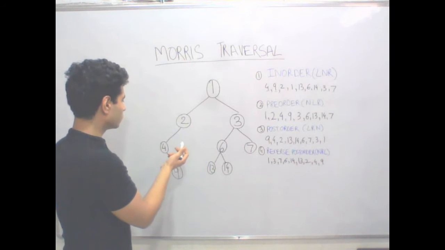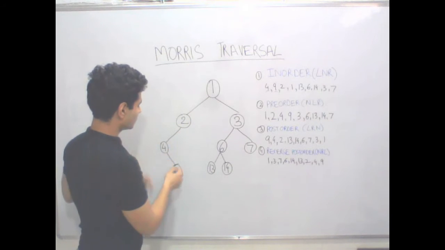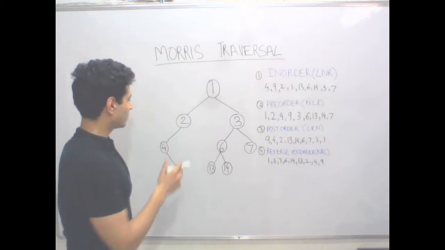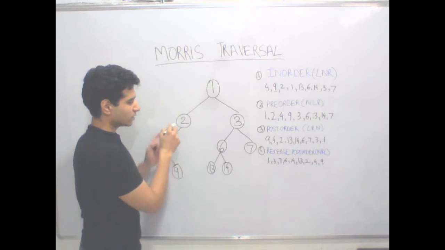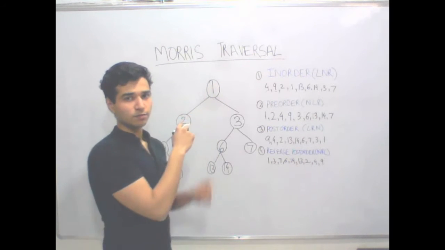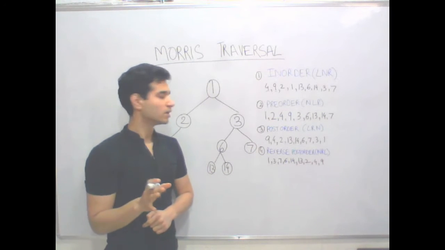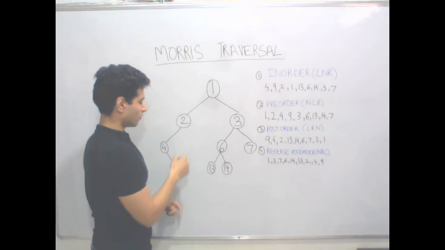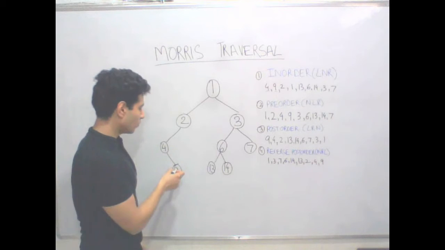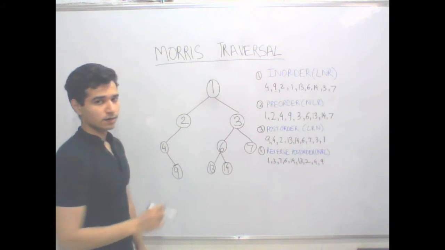So how can we go back? In normal recursion, at this state, we process the left nodes first and then come back to this state. But that requires space. After we are at this node, we can go to its right. Then when this left half is finished, we can go back to the root, process that, and go right. But all of this requires stack space to go back from 9 to 2, because the pointers are pointing downwards, right? There is no pointer from 9 to 2, but we can go from 2 to 4 to 9.